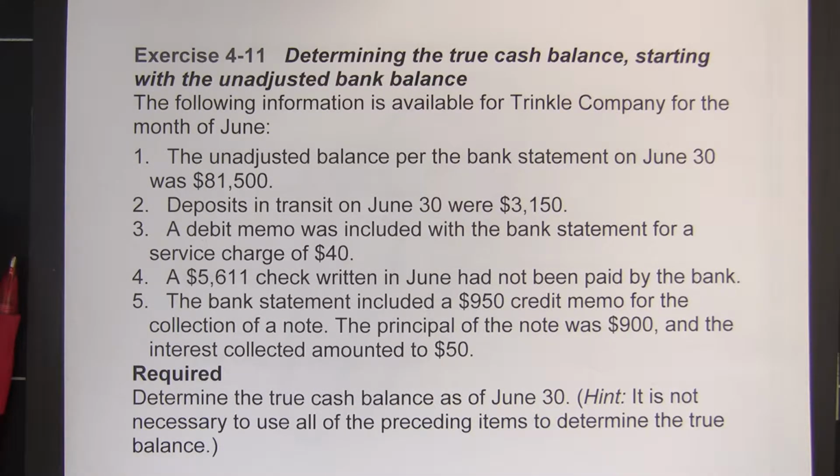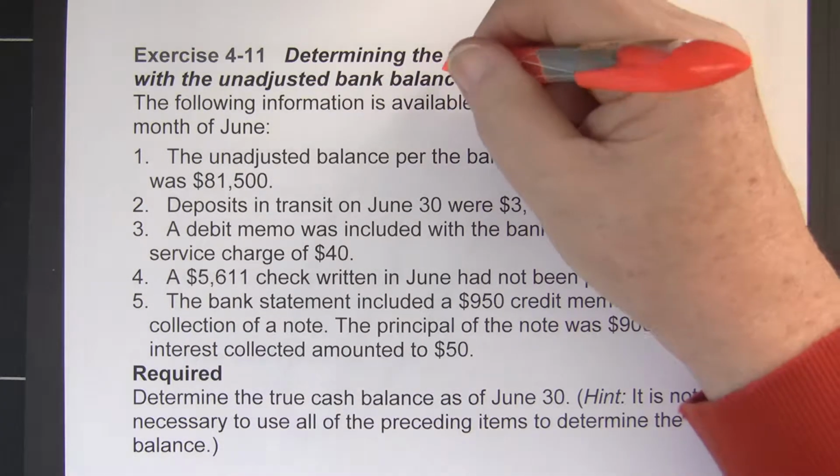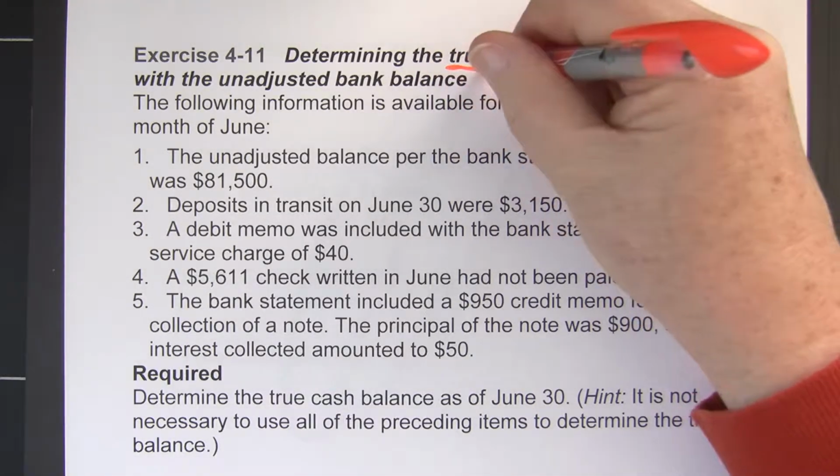Chapter 4, Problem 1, listed as Exercise 4-11 in your text, asks us to do basically half of a bank rec. Let me point out what I mean by that. You know that you do both sides of a bank rec. You do the bank side and the checkbook side, so when you come to the bottom they equal. But they say determine the true cash balance